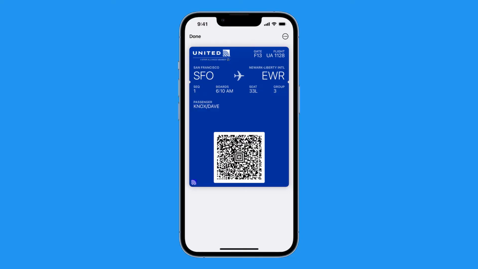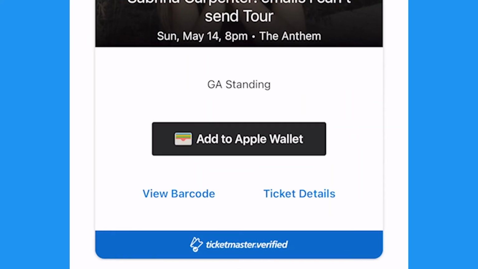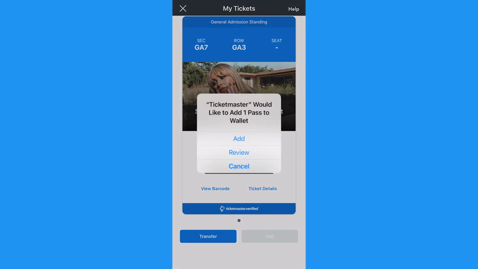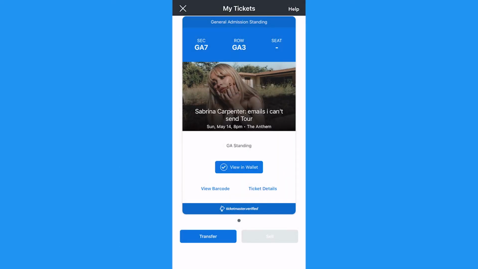You can add other tickets and passes like airline boarding passes to your wallet. When given the prompt, add to Apple Wallet, you'll be able to tap and add, and it'll appear in your wallet later on so you can use your phone as your